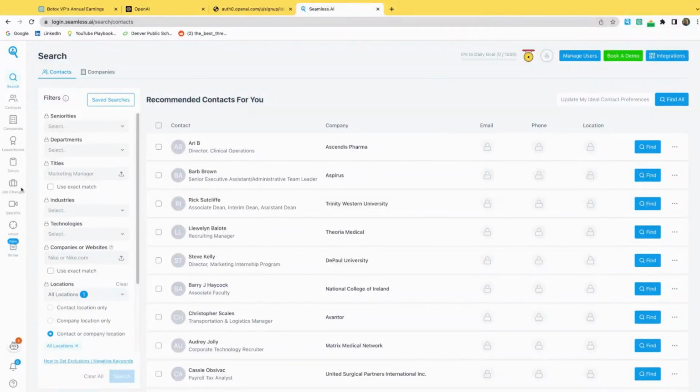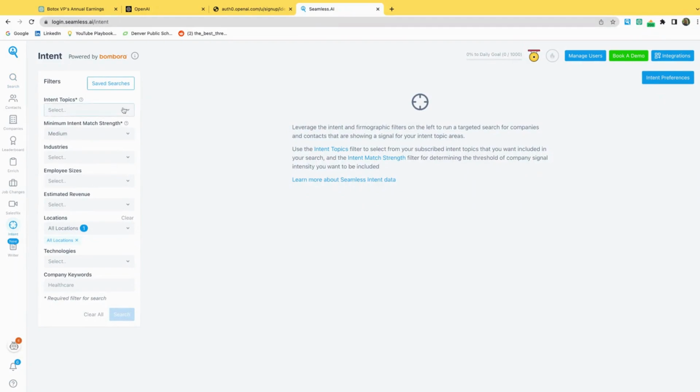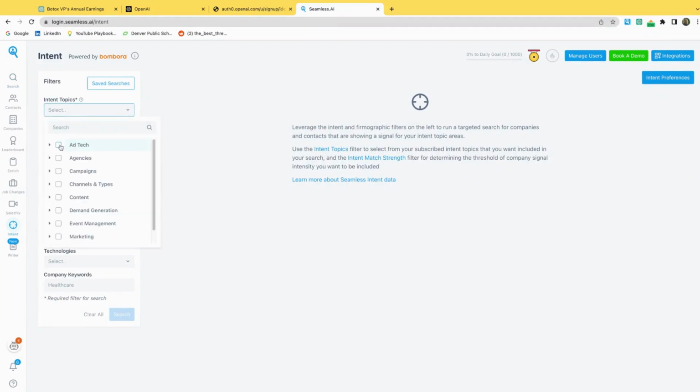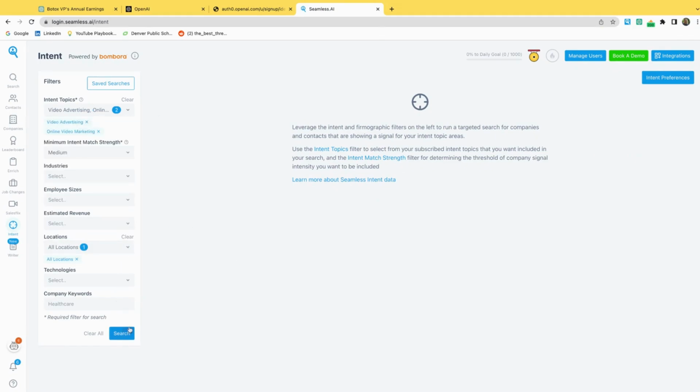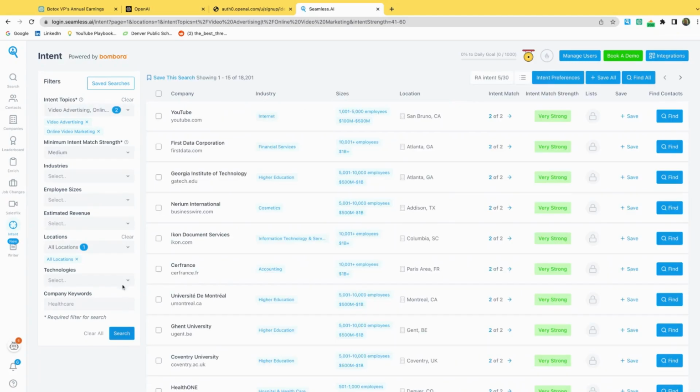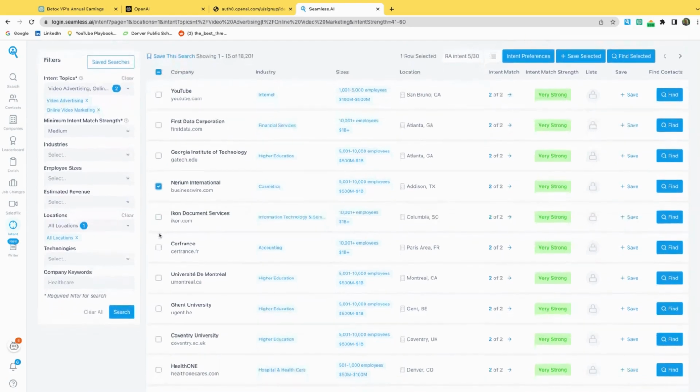All right, this is Seamless AI. What I'm doing right now is I'm looking for people who are searching specific key terms. This is called intent search. So what it did is it brought up all of these companies who have very strong match strength to these